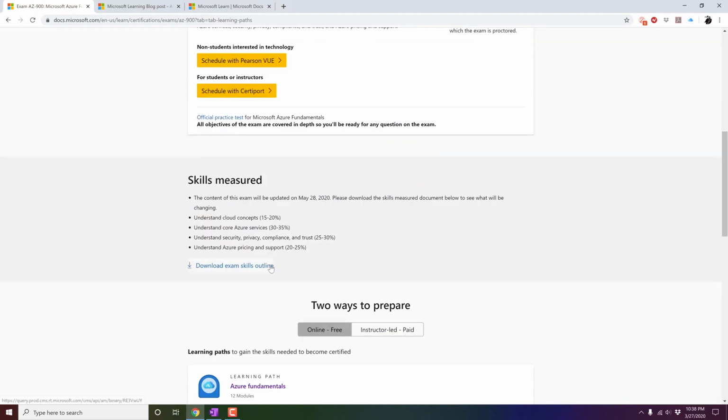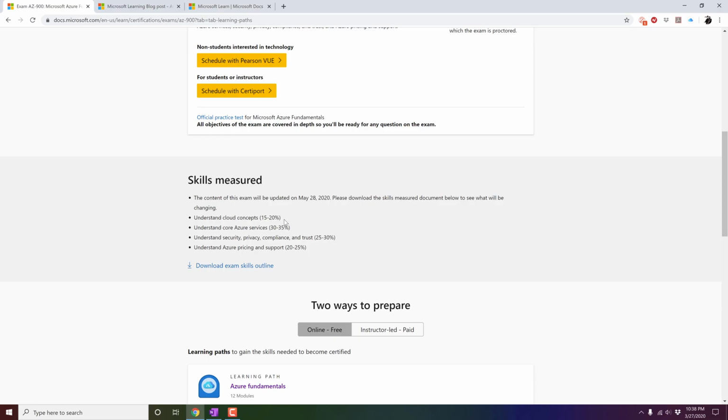I would recommend everyone to download this exam skills outline, which is a PDF file, and it will show you all the details about the concepts and at least the terms that are going to be used in this certification. I found this handy and very useful, so I recommend you download that and at least go through it once.